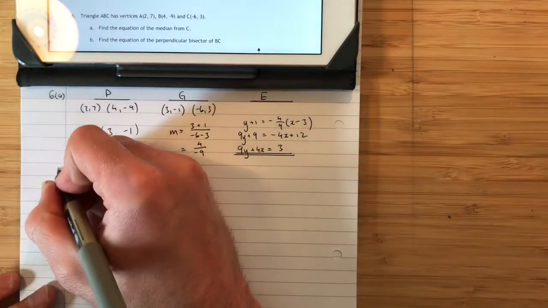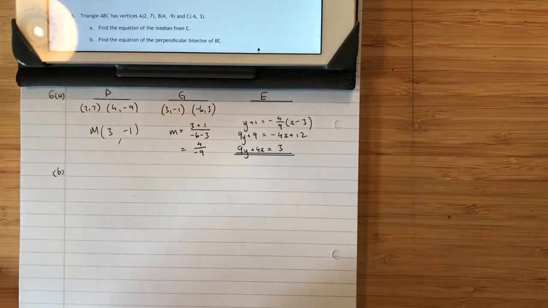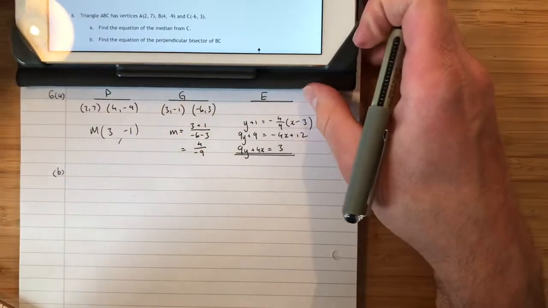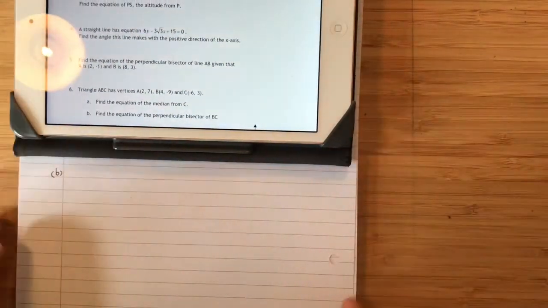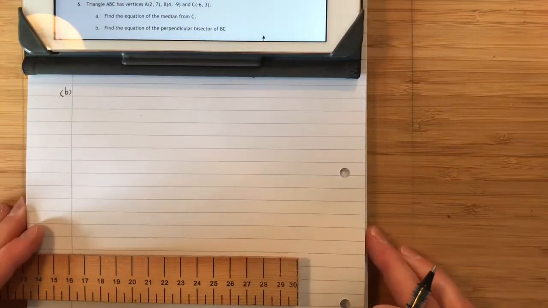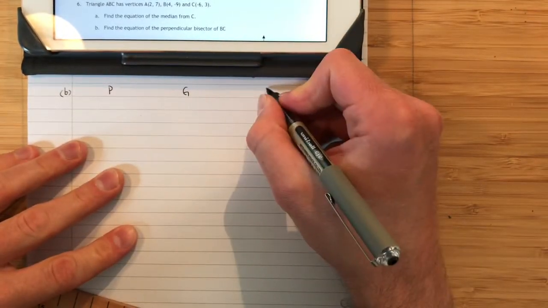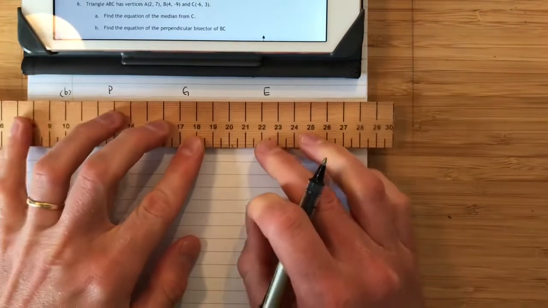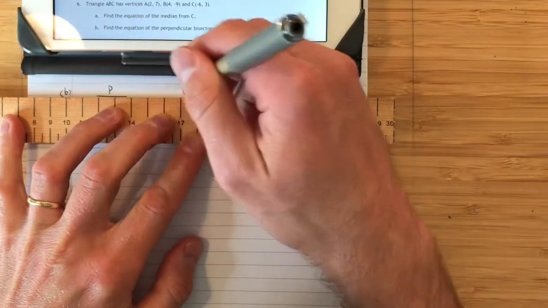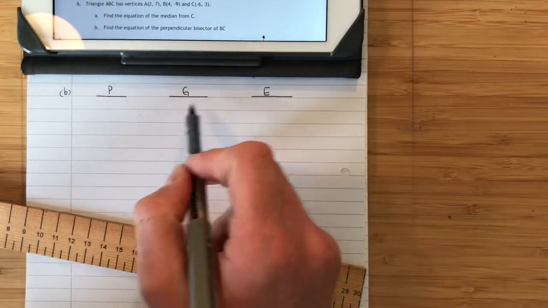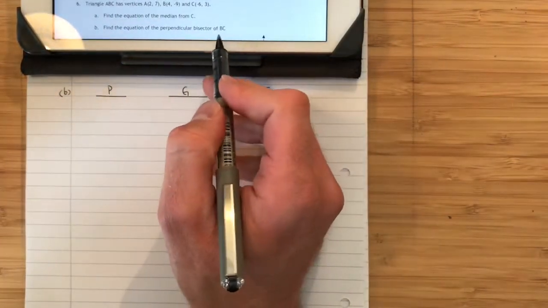Okay, part B. Find the equation of the perpendicular bisector of BC. I should probably move this down a wee bit just in case. Perpendicular bisector of BC. Point gradient equation. Right, so we've just done a perpendicular bisector a wee minute ago. So you should remember, you use the midpoint and the perpendicular gradient, and it's BC, so I'm using these 2